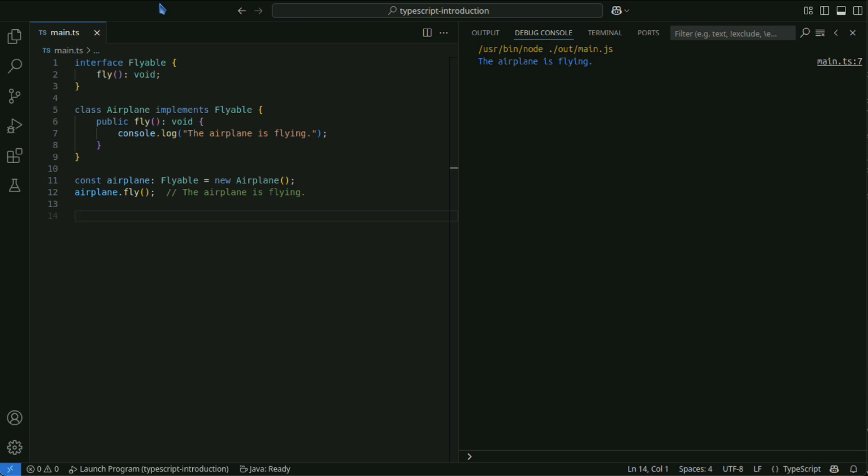When you define static members in a class, those methods and properties are associated with the class itself. Static members can be called without instantiating the class.